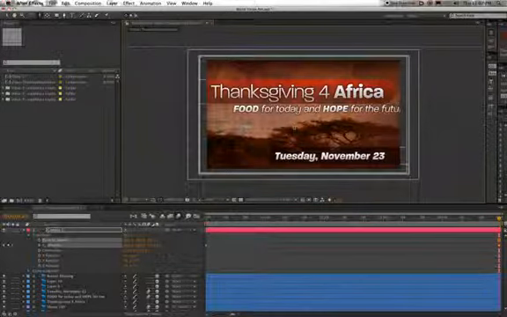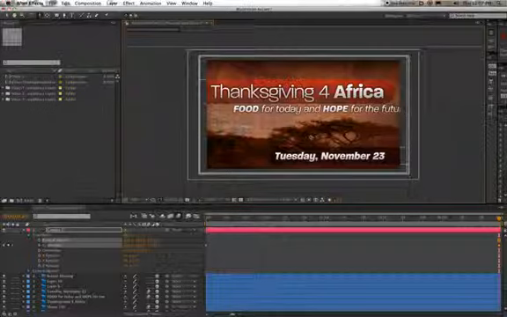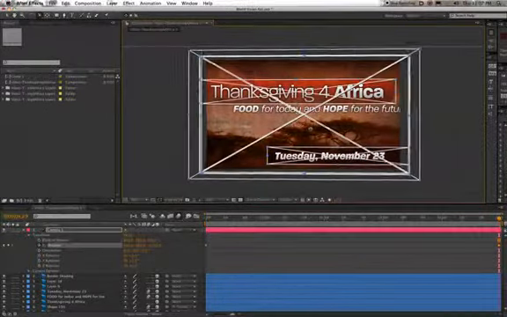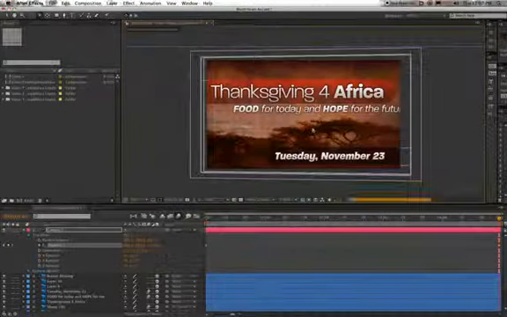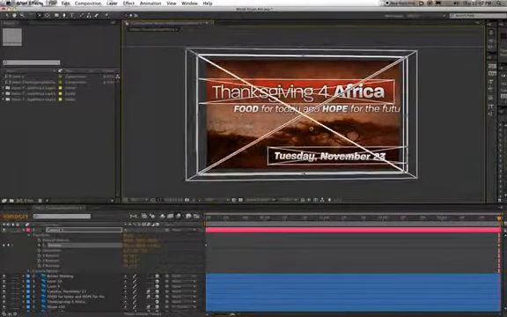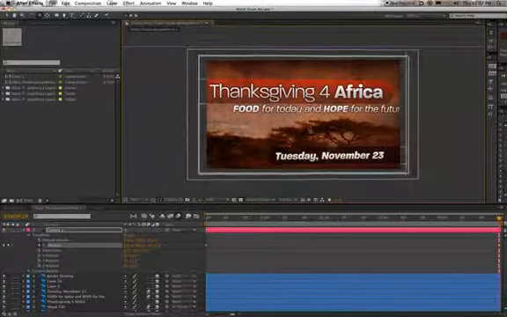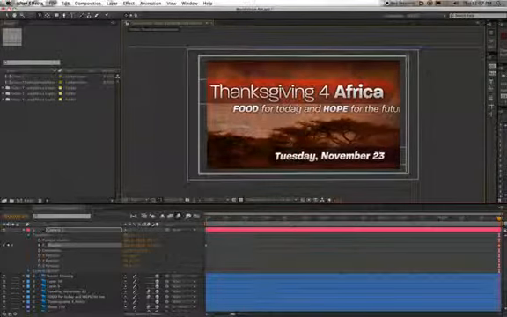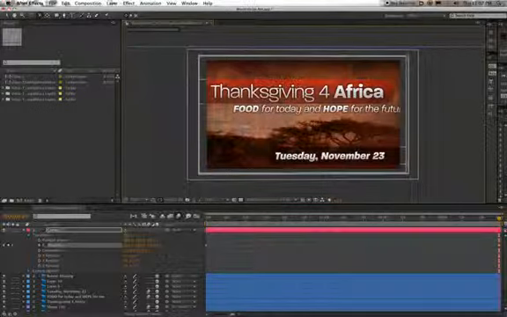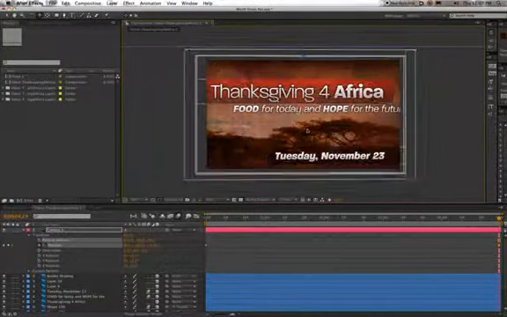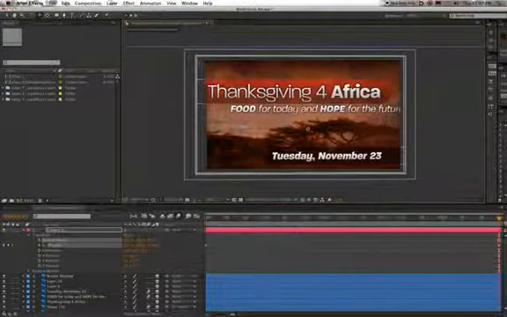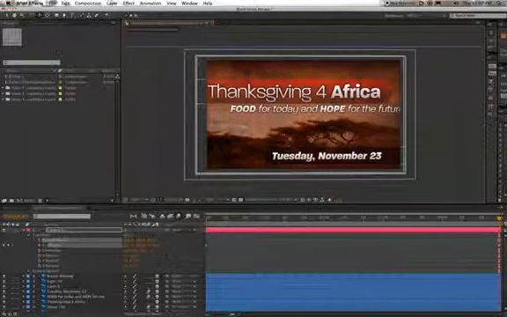What I also want to do is, you can see that future is being cut off here. So let's just select a different camera tool. Maybe this is the orbit camera tool. So let us kind of orbit around. So let's see what happens if we maybe move. That's kind of cool. Let's add a little bit of that in there, and then let's also just change the position of the camera so that we can see future. It's still a little cut off, so what I'm going to do is actually just